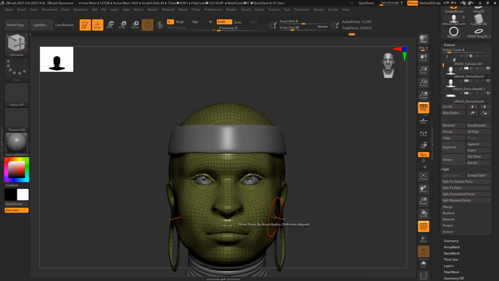No, for detailing it's not required. Suppose you want to generate something on the surface, I mean, to use those curve brushes to generate another curve, those cylinders. For that, the base mesh should not have any subdivision level. Either you can freeze it, or delete it, or duplicate this. I keep a duplicate, so in case I mess up something, I can always go back. So this doesn't have any subdivision level, nothing.